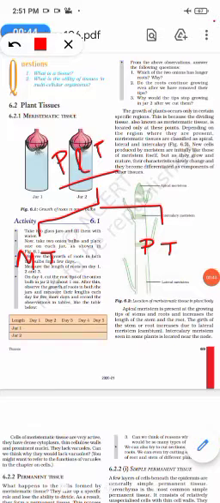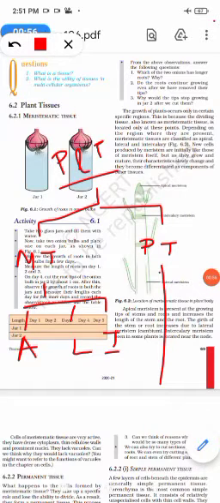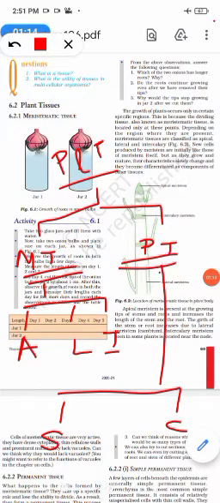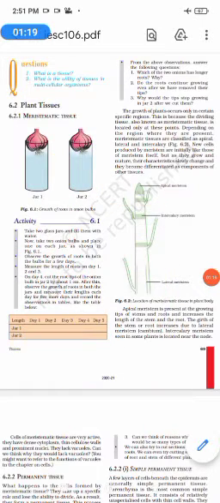In this, meristematic tissues are divided into three. We will be going ahead and seeing it later: apical meristem, lateral meristem, and intercalary meristem. Permanent tissues are again divided into two: simple permanent tissue and complex permanent tissues, which we will go into further. So now we know that plant tissue is divided into meristematic tissue and permanent tissue. Keeping this in mind, we will go forward with the rest.